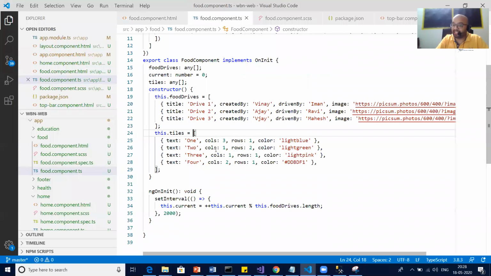You can see in the array, we are saying my first object will have 3 column width. 3 column means it will take 3 column width in one shot, and row is 1.